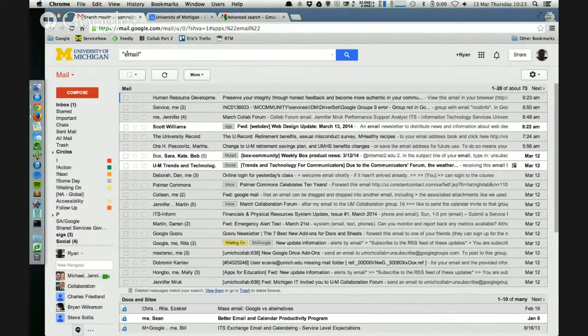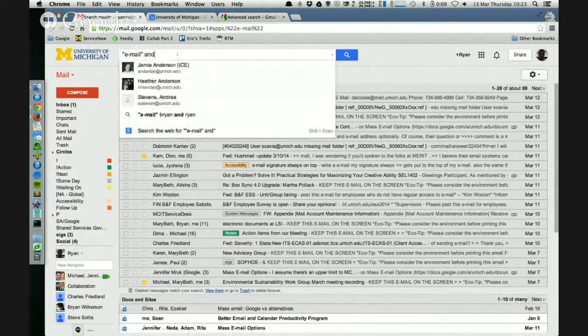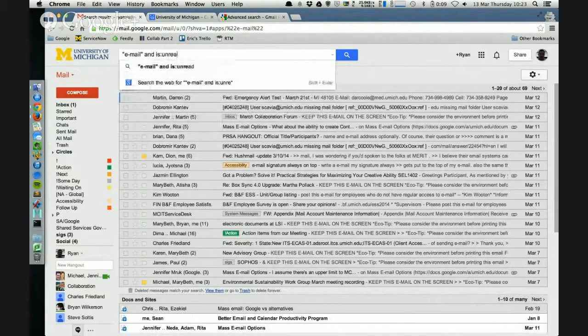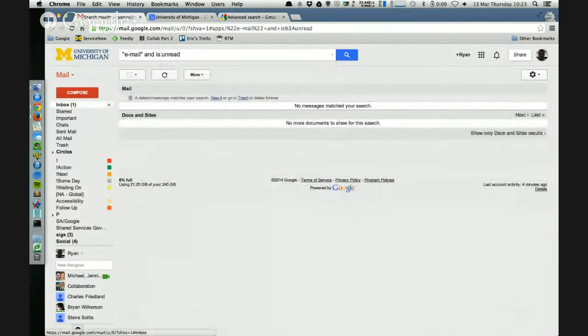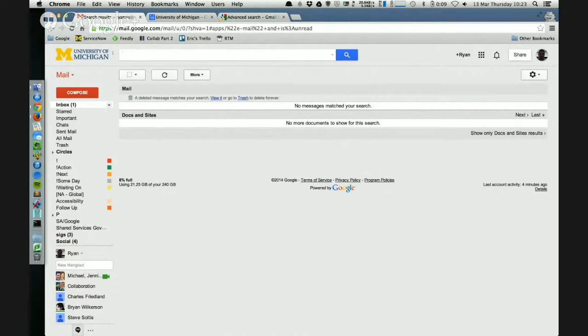So if I put a hyphen in here, for instance, it's going to give me a different set of results. You can also string these things together. This is going to return nothing, but you can do those kinds of searches to get very specific about when or what a message has in it, or when you got it, or when you sent it, and all those kinds of operators.